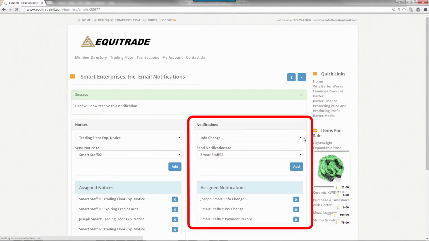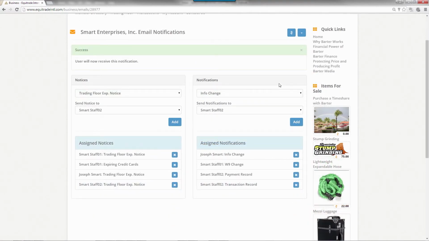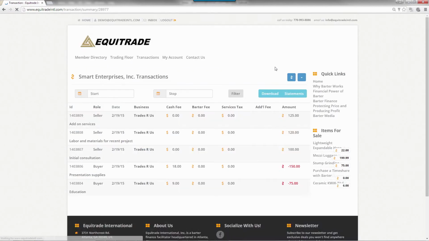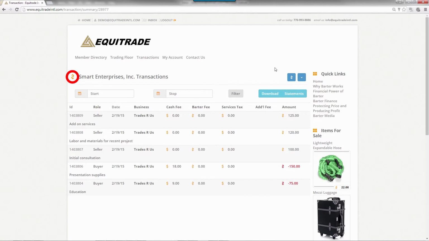Next, let's load the transaction history page. The icon for this page is the barter or reverse dollar sign. Transaction history provides a listing of all cash and barter transactions applied to your account, including all of the details. This is a great place to go to track your activity on your account or if you have any questions